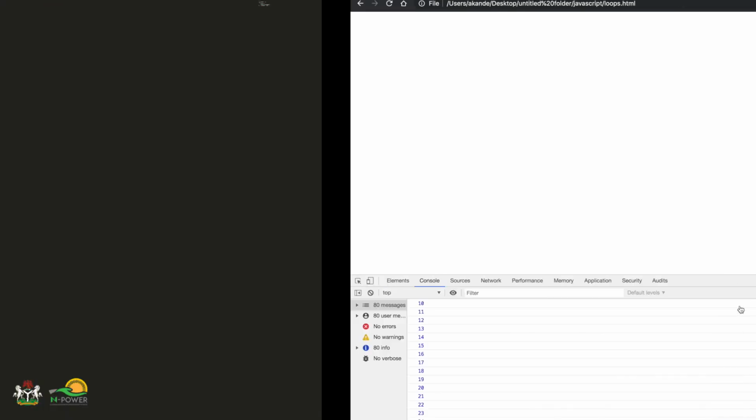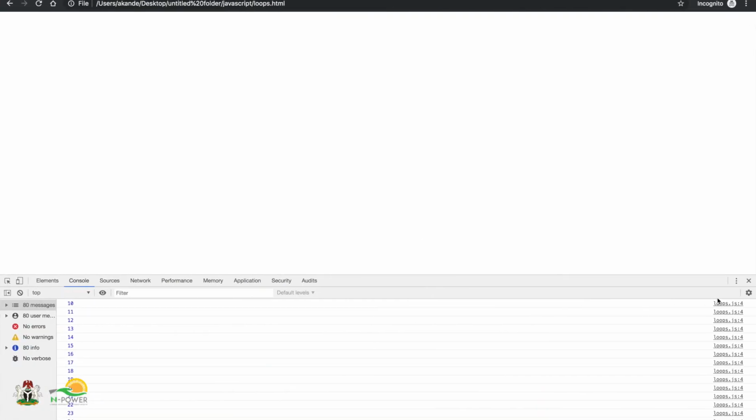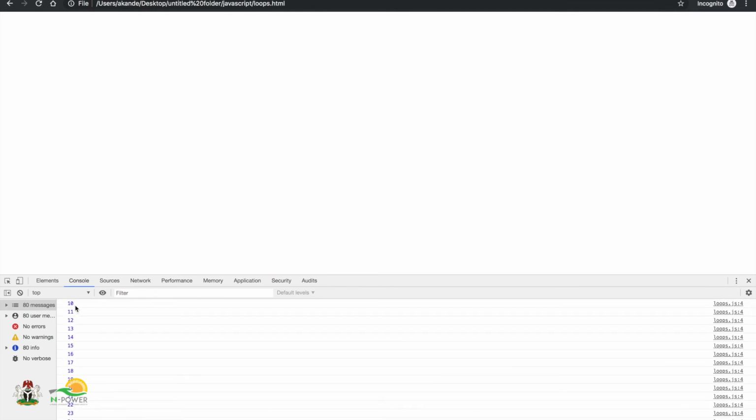So here, look at this line 4. That is where the console.log here is. Then this one is line 15. So notice the output for line 4 stops here, where the value is 49. Then it picks for the second one 11 to 15. The difference is that this loop is from 10